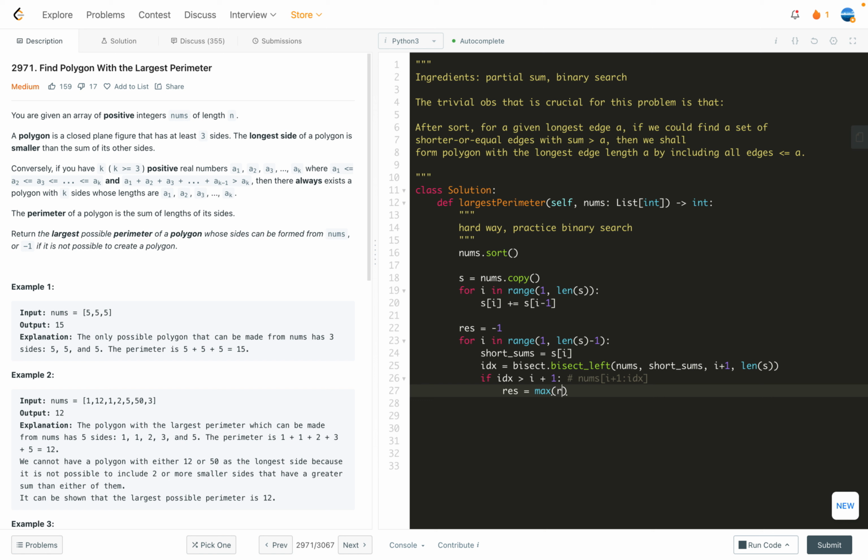So we max update the previous state, and then we use the short sum, then plus the longest edges possible, right? So this will be nums[idx - 1], right? Because idx is the insertion point, which is not counted, right? So this is the 1. Because this idx - 1 will be at least i + 1, that is in the right of this index, right? So once you do this, basically for each index, up to each index,